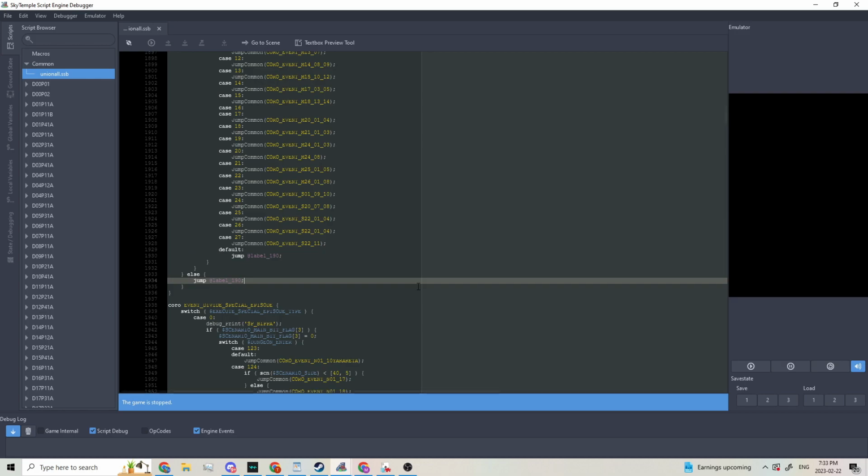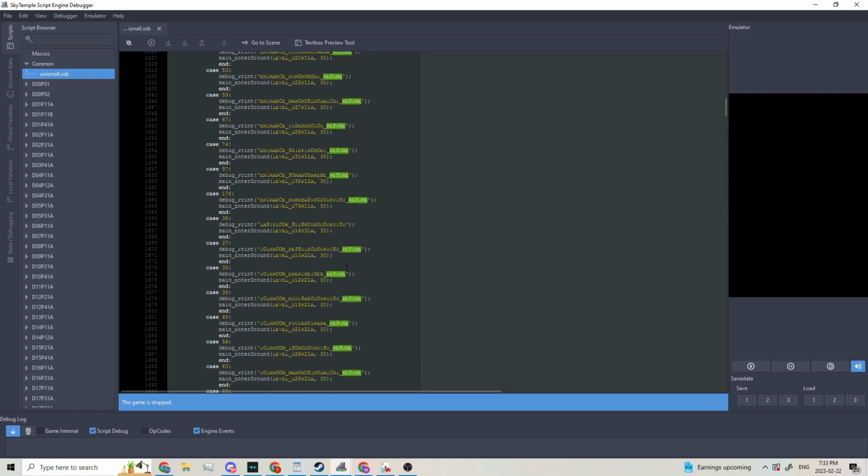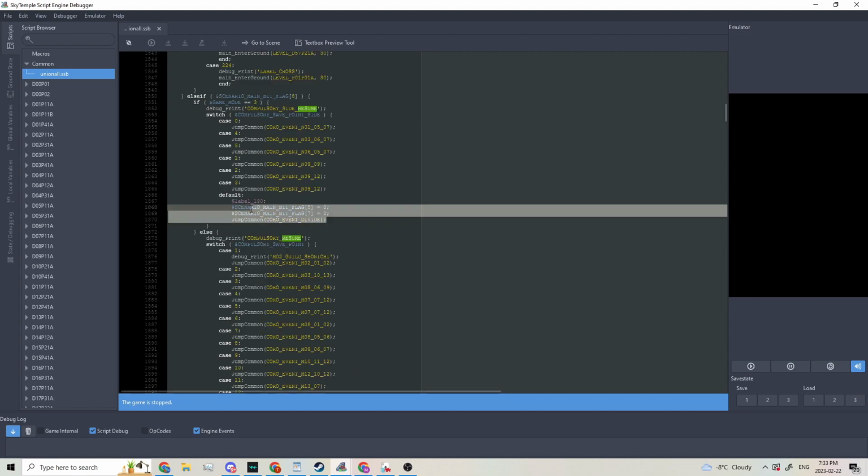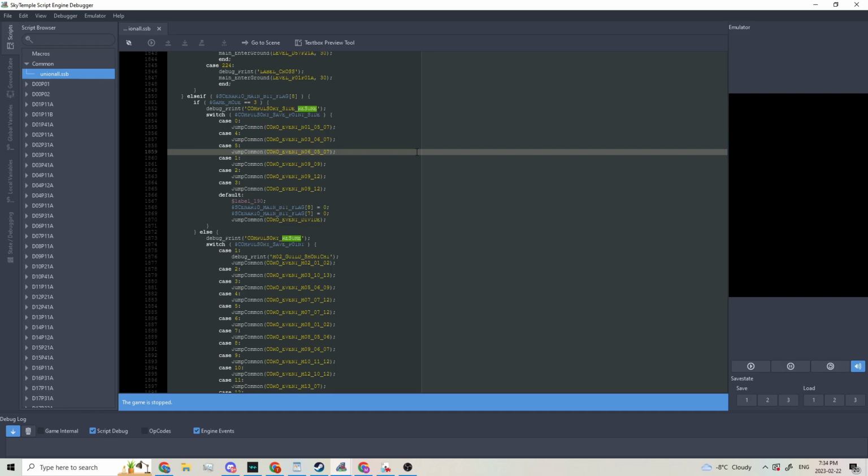If you ever get sent to label 190, which is right here, then you done goofed. You're gonna need to either change main bit flag 8 to 1 or 7 to 1. Never have both at 1. Otherwise, you'll just go through 7 and you'll probably lose progress. Now, the last thing I wanted to cover,